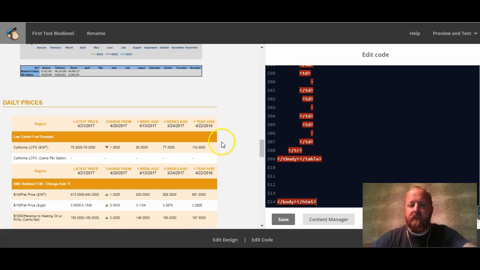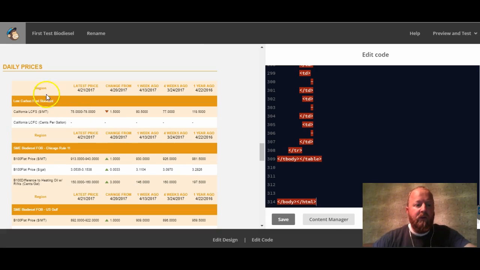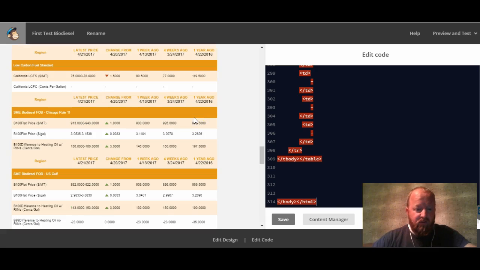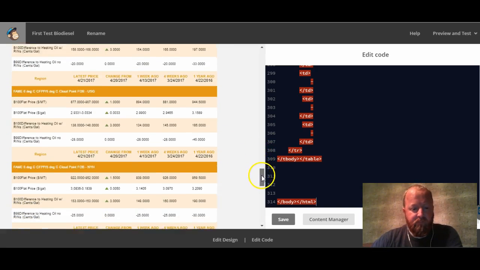Here's the daily prices. I went ahead and added the headers before each commodity, as you mentioned, or each product. It looks a little busy, I'll be honest. I don't know if we want to maybe switch it up and do every other commodity or every other product, so we don't have it for every product. It's a little bit difficult on my eyes to focus on the data itself. But you tell me what you think. I keep scrolling down,